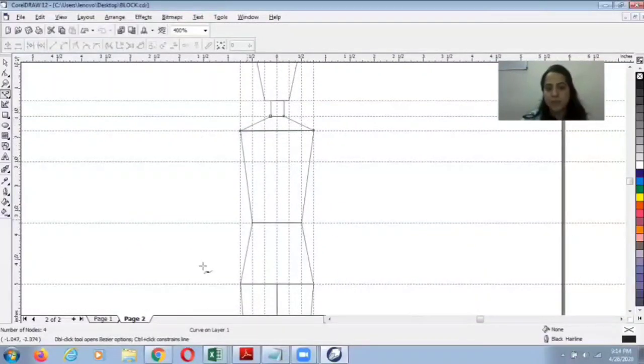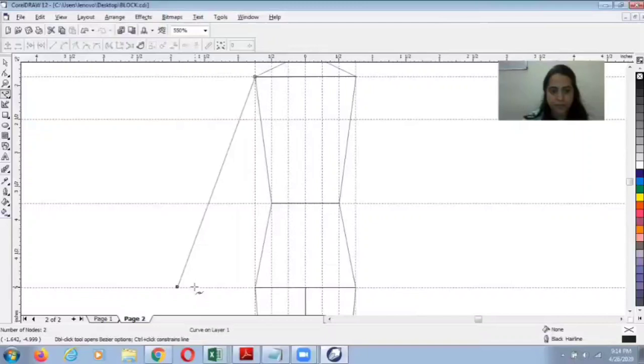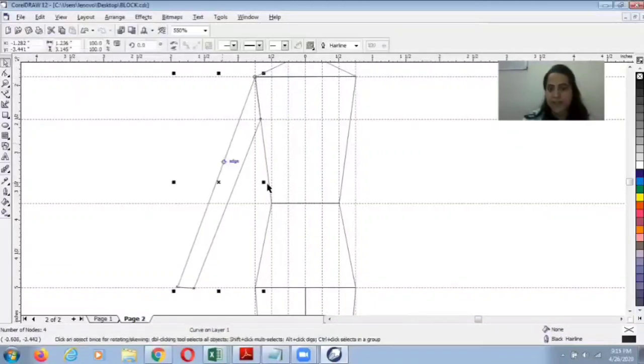The length of the arm is till hip, so I'll be making like this. As I have made this freehand, so I'll be copying it, Control C, Control V, and mirror.